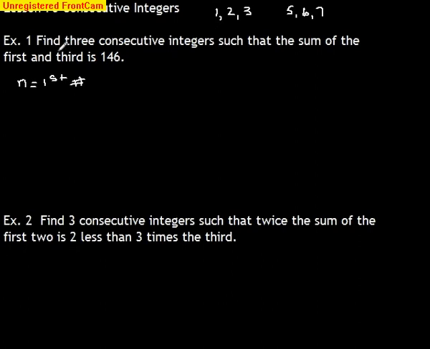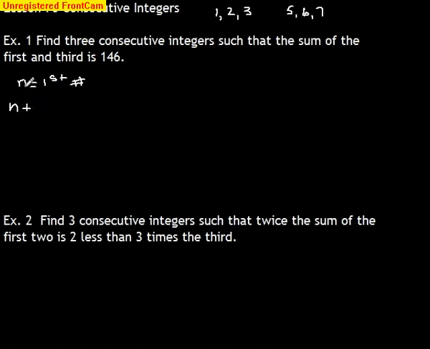Let's read the problem first. Find three consecutive integers such that the sum of the first and the third is 146. So we're going to need three consecutive integers. When you set up your heading, n will be your first number. So if we're talking about consecutive integers,